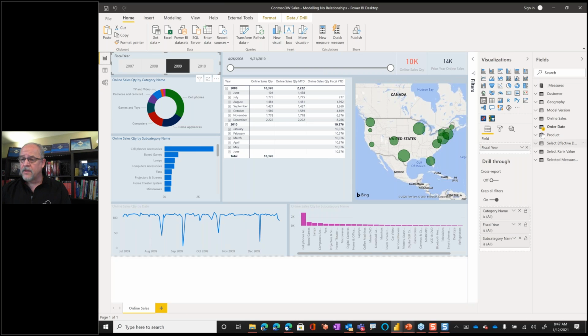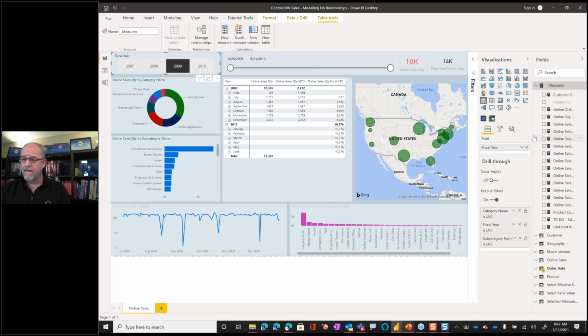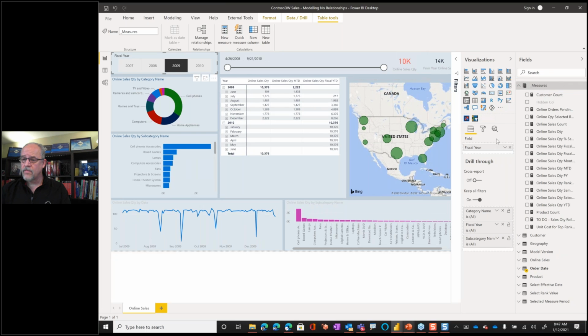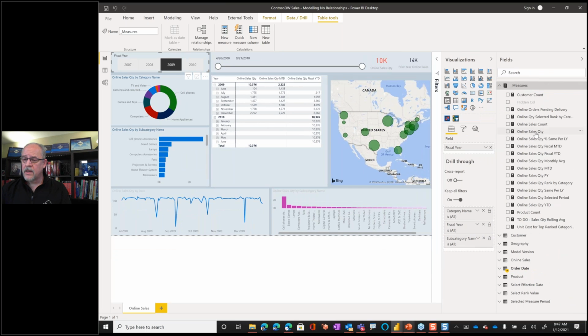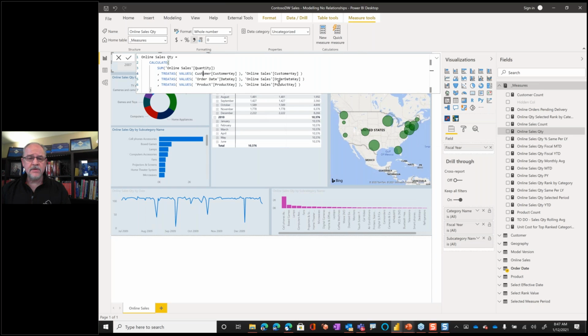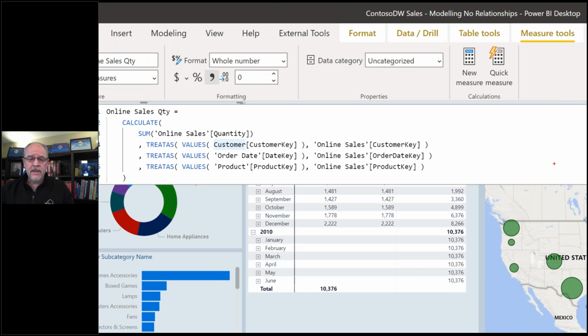And that works for the same reason that I showed you earlier. I'm just repeating the pattern using that TREATAS function to essentially build my own relationships on the fly. Now, is this preferable? Is this the right way to do it?